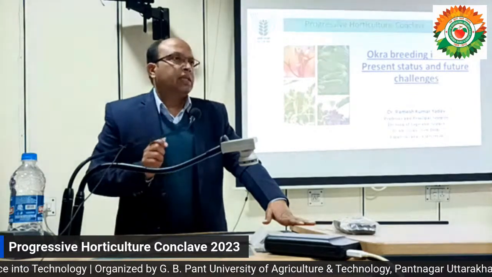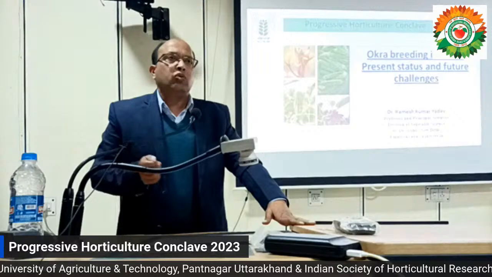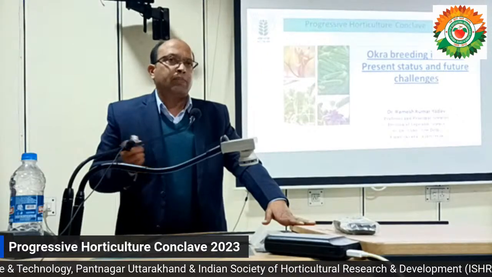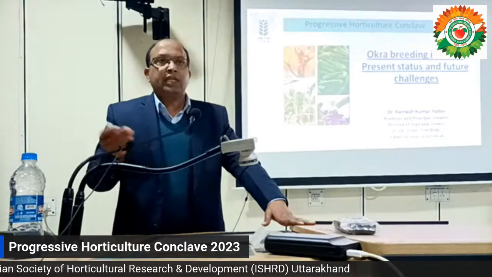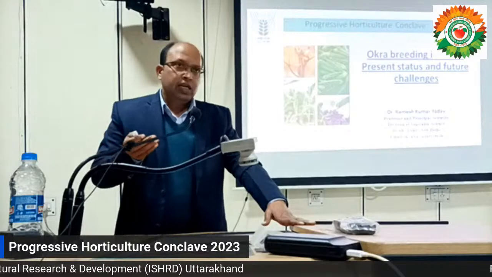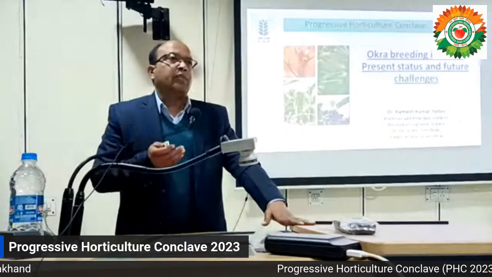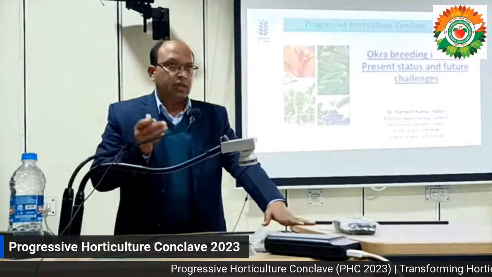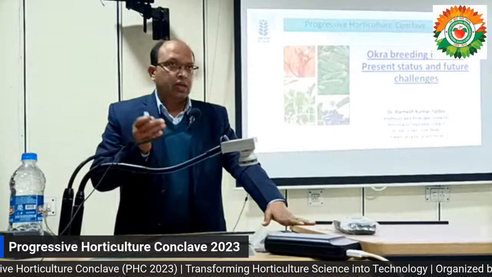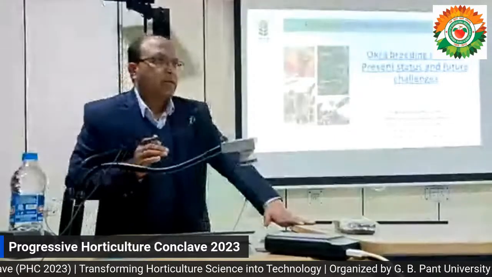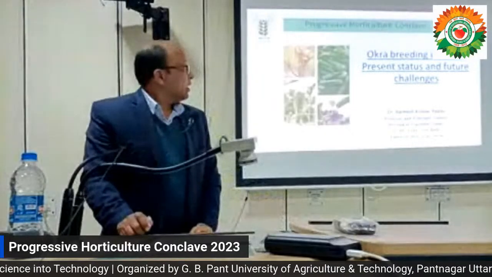The private sector in India is now playing a very crucial role in popularizing okra, because okra has become a global crop for the private sector from the seed point of view, and nowadays it has surpassed the seed value of other crops like tomato, brinjal, chili, etc. So now okra has become the number one crop, and some companies are doing business of more than 100 tons per year, selling a single variety. Some of the companies, especially Advanta. So okra has become a very important crop for India also.